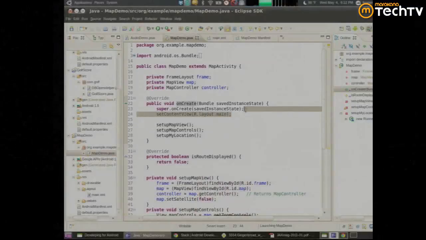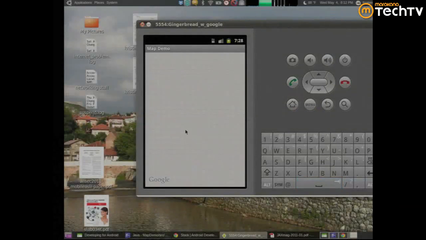This line right here, setContentView R.layout.main, is what loads that XML file. There's a Java file called R.java that's automatically populated with constants that represent your XML files. So you're basically going to that Java file and saying, load this constant which represents the XML file I just showed you. And then, if you run it, you can see,